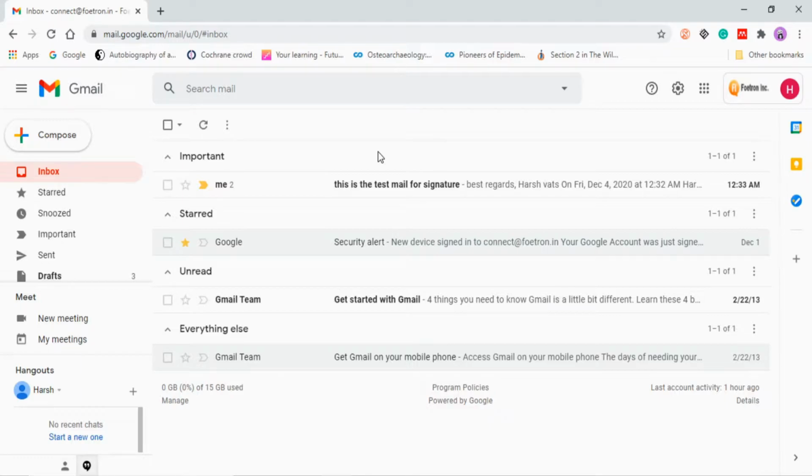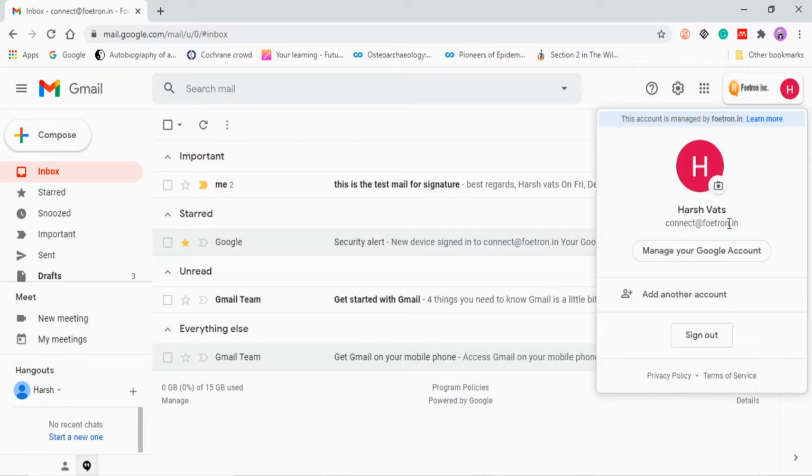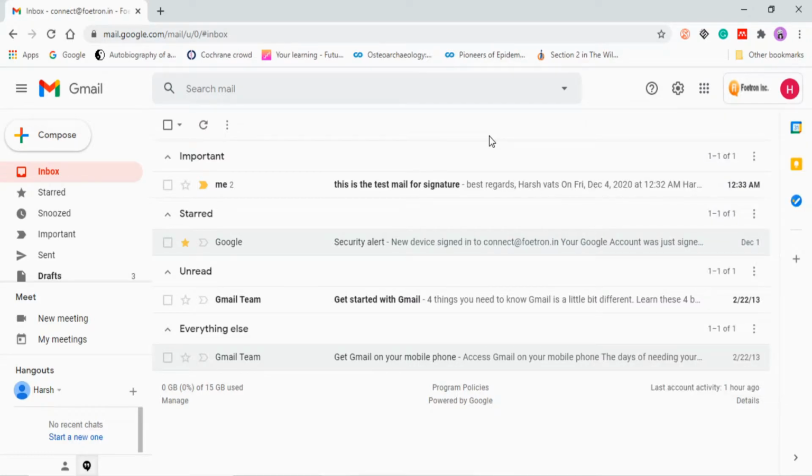For example, you are using two Gmail accounts and for a particular time, you want that whenever this account receives a mail, for example at connect@fortran.in, it shall be directly sent to my other account. That would be my forwarding service. This is the same as the phone, in which you can forward your call from one phone number to another phone number of your own.